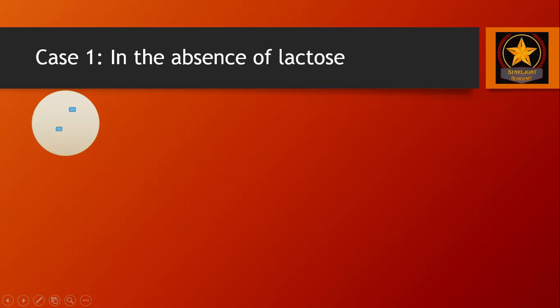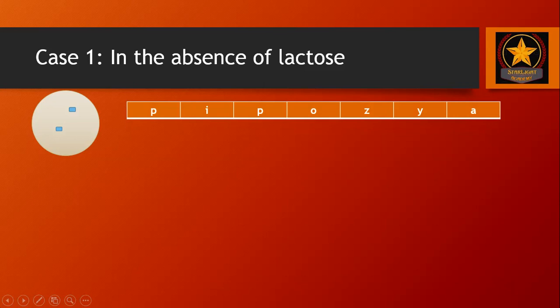Now case 1, in the absence of lactose. So if we have a petri plate in which we are growing or culturing E. coli, but this medium lacks lactose, then it is obvious that Lac Operon should not be functioning, right? Now these are the following steps. This is the arrangement of genes of Lac Operon,